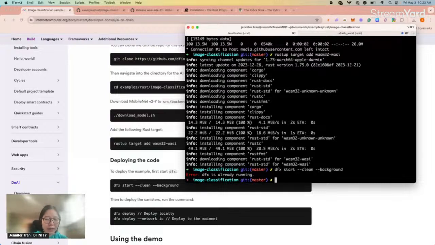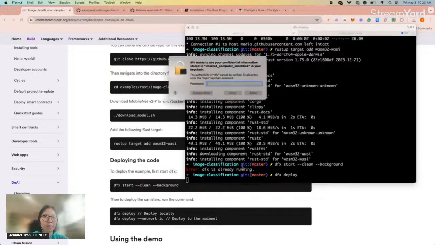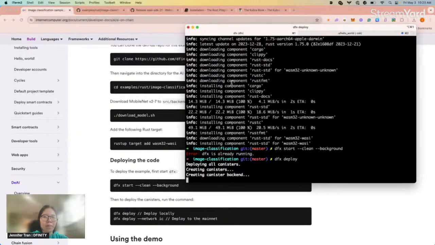But the next part is to actually deploy. In this case, I think we can deploy this locally just so we can see how it works, but you can also deploy directly to the ICP blockchain. So we just actually want this to run. So let's do a dfx deploy.